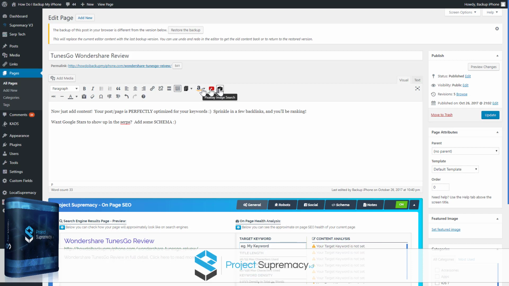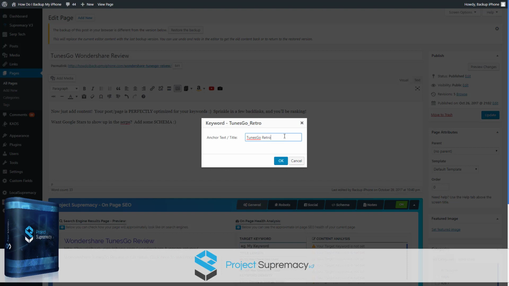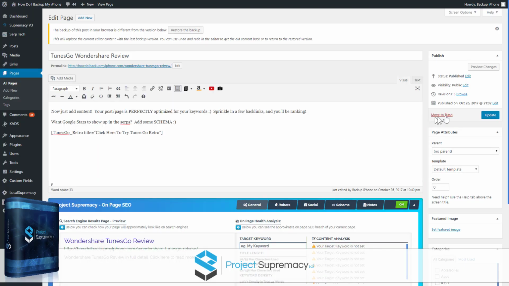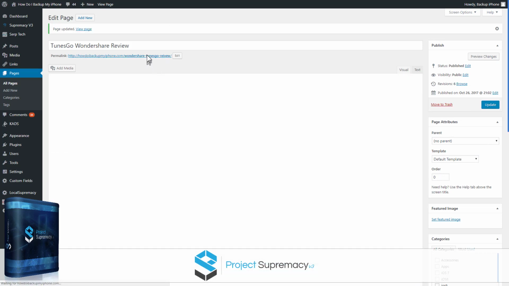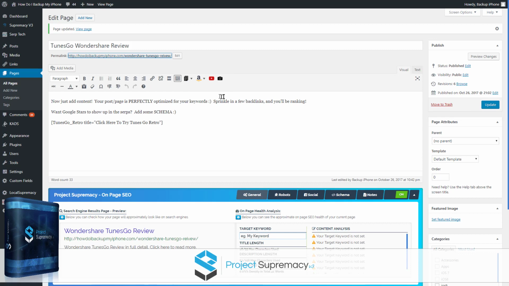We have to redo the icons, of course, but there's an affiliate shortcode. So what I can do is add an affiliate shortcode. So there's the affiliate shortcode, Tunes Go Retro, and they'll ask me, what do we want the anchor text or title to be? Click here to try Tunes Go Retro. Okay, we can make the clickable text whatever we like, and then I'll click OK, and now I'm just going to update that. Okay, now what we're going to do, once that's updated, is we're just going to go visit that page,